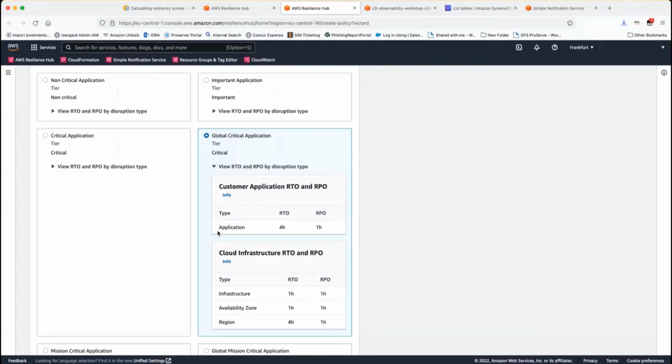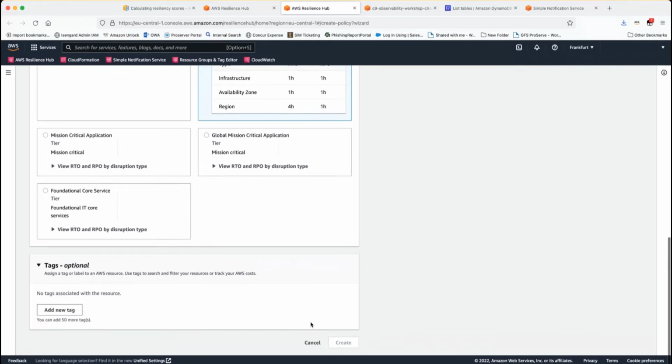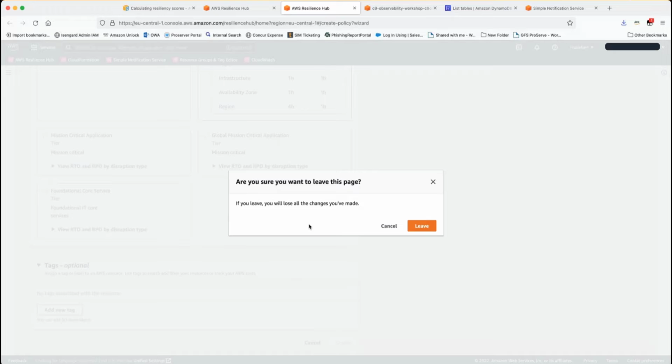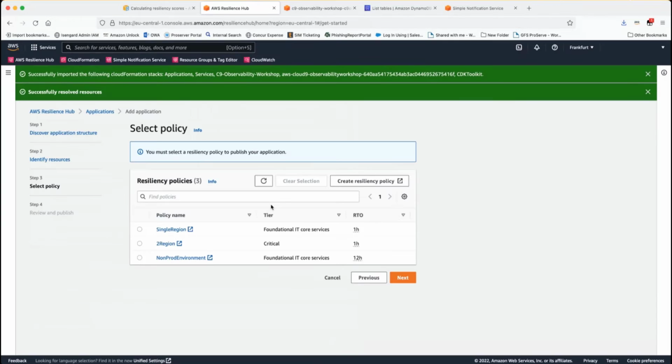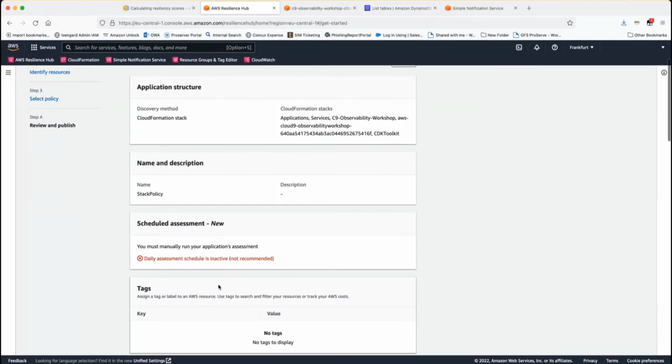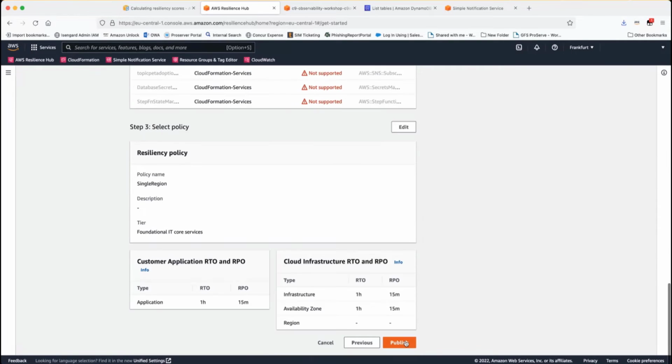So the idea we have with Resilience Hub is not just to think about what we do from our end, but to help customers to help themselves. You could select one of these and create an application, a resilience policy, out of here. I'm going to cancel out of this and just choose one of the ones that I already had in place. I'm going to grab a single region for this, and then go through a quick scroll. It's basically nothing but a confirmation screen. I'm going to publish, and I'm going to assess